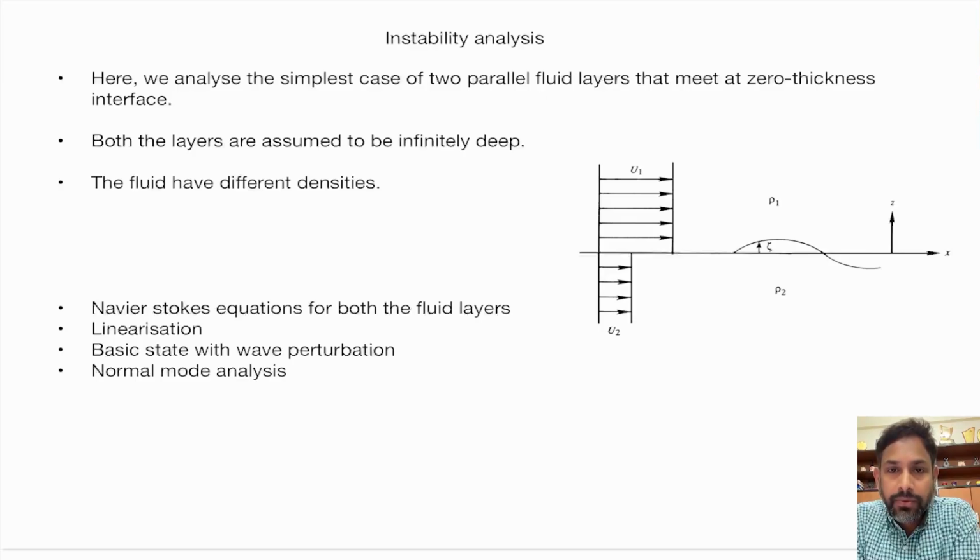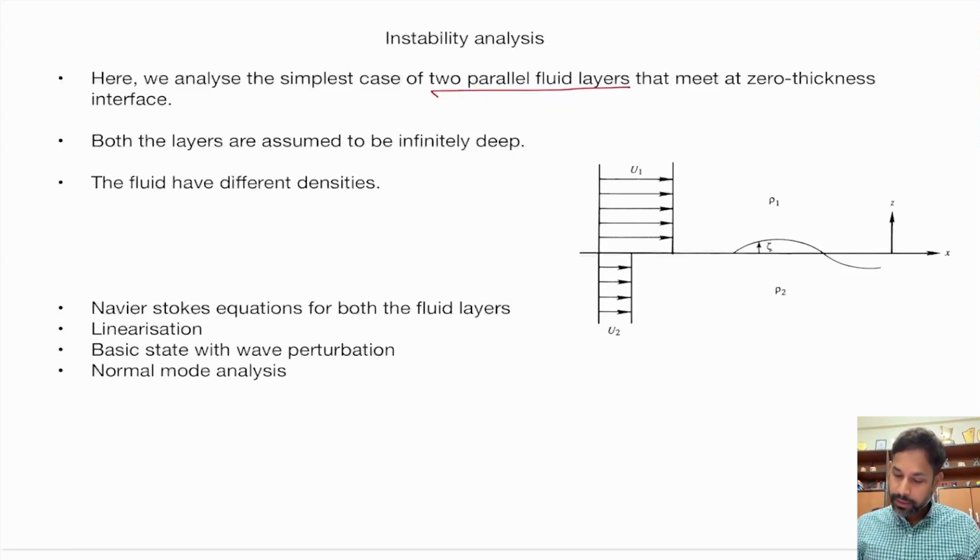So that we have seen physically, we saw several cases or images, but now let's try to analyze this particular case or problem mathematically. Okay, so we will start with the simplest case of two parallel fluid layers, okay, that